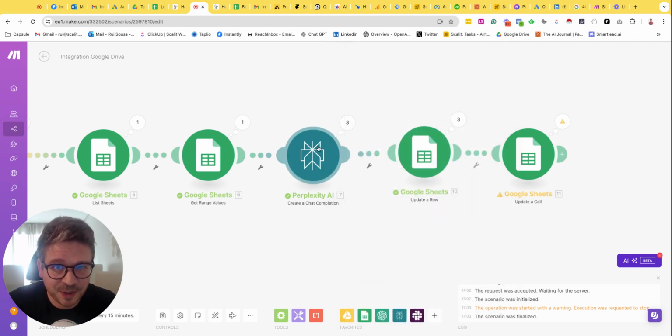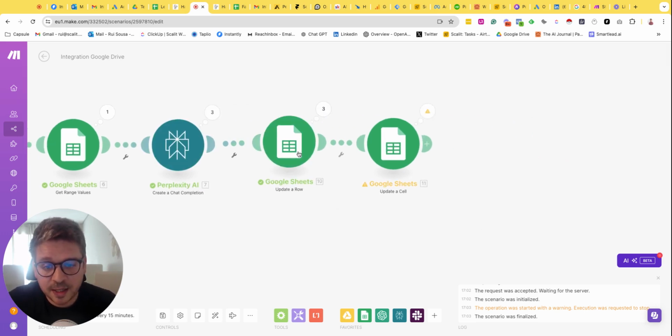You can try with ChatGPT. To be honest, Perplexity is way better with websites, but feel free to try. I see a lot of people using Claude AI. We'll make a video as well, and I think Claude AI can be really, really good on this step here. So feel free to remove and replace Perplexity with Claude AI or ChatGPT, and just test it out and see the